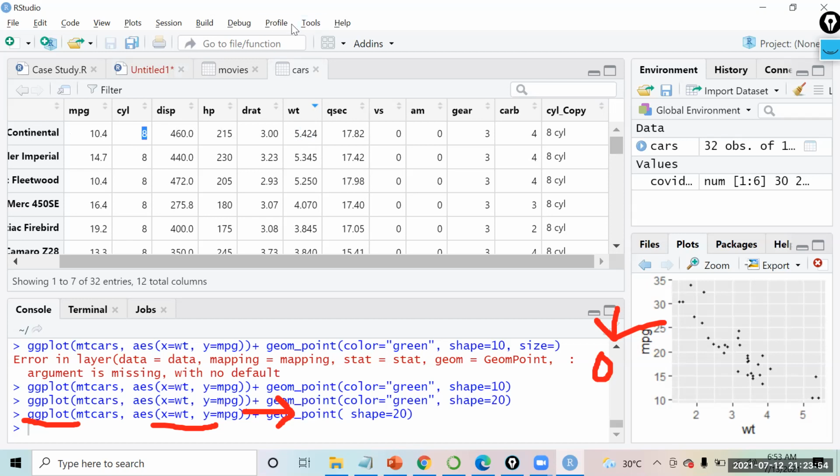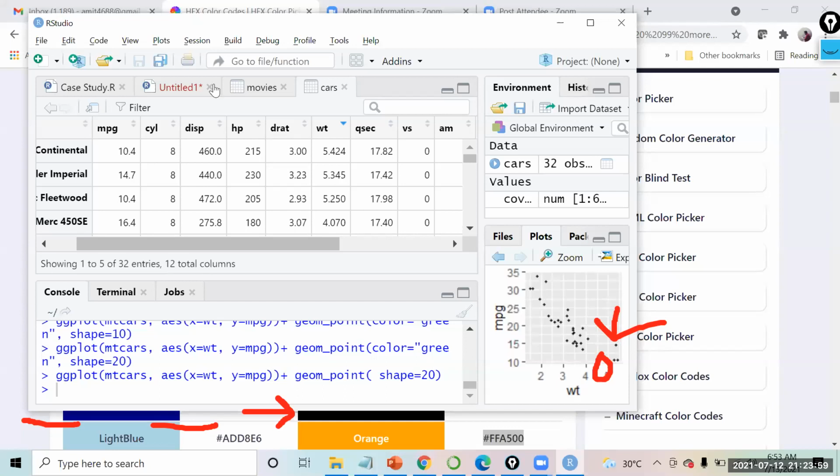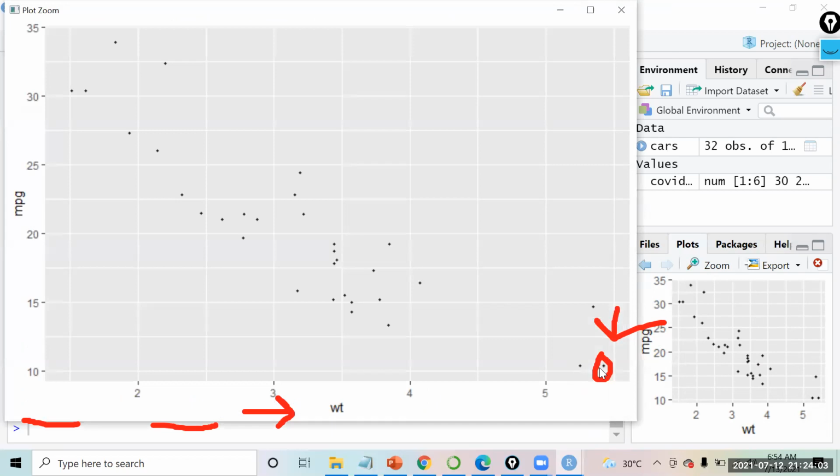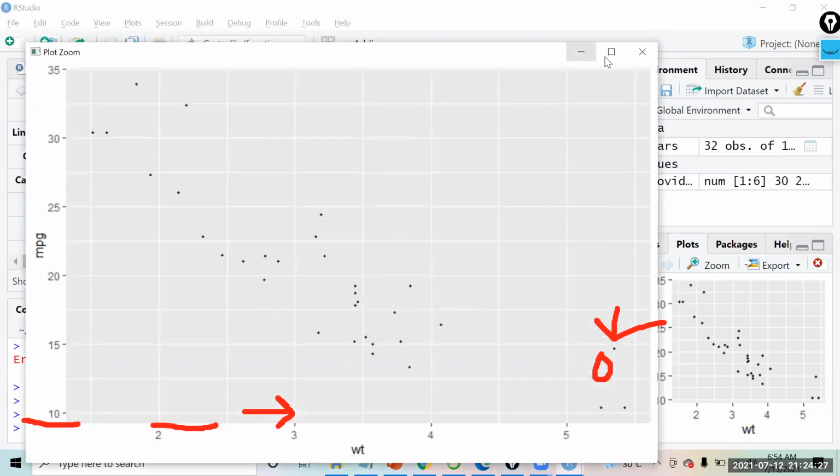Now this car has 8 cylinders. My question here is: by looking at the chart, I should be able to identify how many cylinders the car has. Does it have 8 cylinders, 6 cylinders, or 4 cylinders, right? We can use color representation for that. Suppose all the 8 cylinder cars are in green color. If the color is green, I will know that this is 8 cylinder, this is 8 cylinder, this is 8 cylinder. So it is just a color component that we are trying to add on this chart.